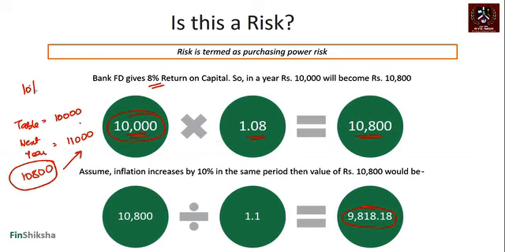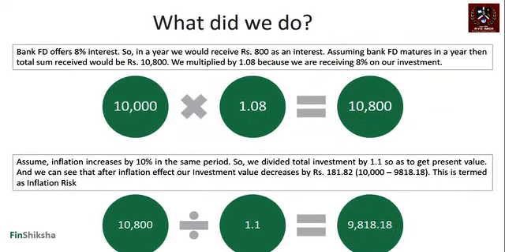I'll repeat this once. If you had 10,000 rupees that you were using to buy a table today, and next year you're going to use 11,000 to buy that, your investment does not give you 10% return. Your investment gives you 8%. So you only have this in your account, right? So effectively 10,800 divided by 11,000, there's a shortfall here, right? This shortfall is going to be similar to your 9,818 divided by 10,000 effectively. So that's the crux of our understanding in terms of how purchasing power actually goes down in this period, right?